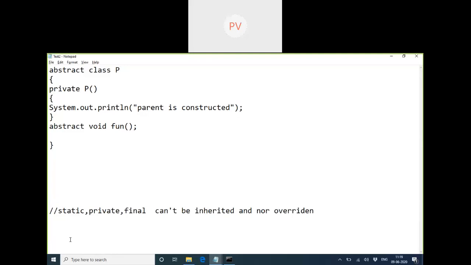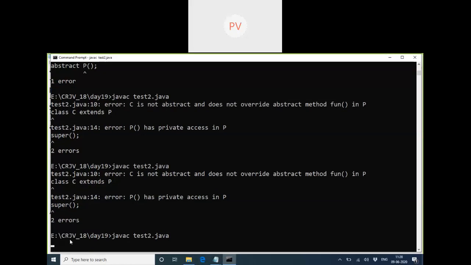Is anybody trying to extend this class? No. Just think I developed a device. There will be a lot of errors in the device, but I am not using it. Currently, it is not in use. So will I face any problems? No. So same concept